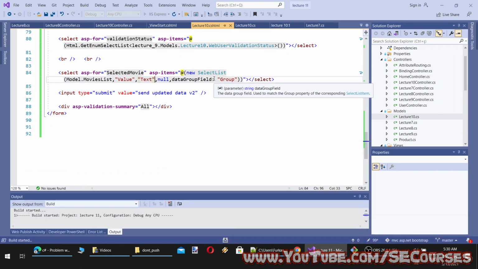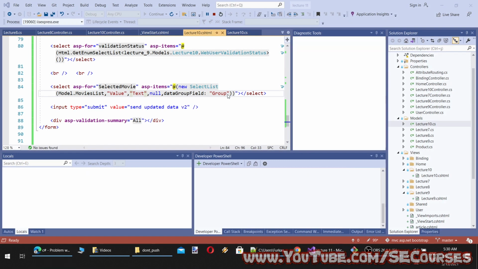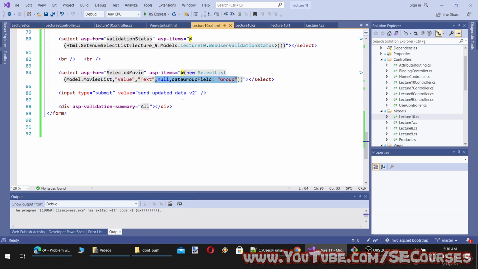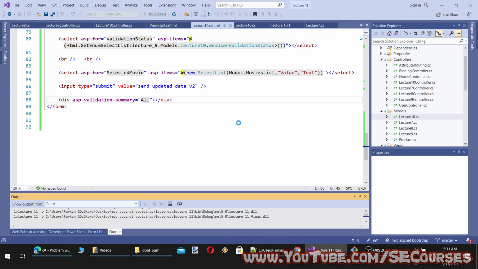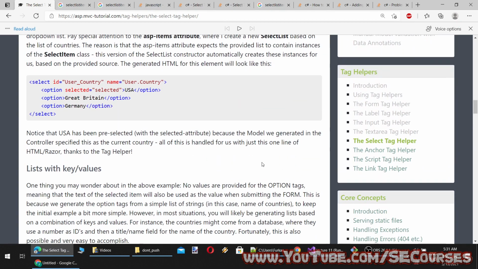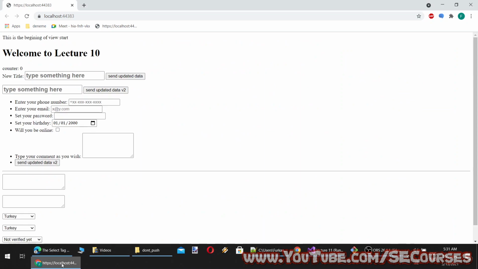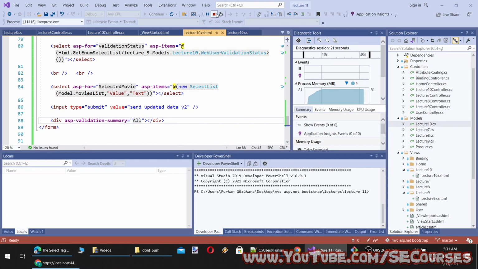Maybe I don't need to provide that, so let's try without providing that. Maybe it will automatically arrive, but I'm not sure. Let's remove. So yes, let's try like this. I don't know if grouping will work or not. Okay, now items are here, but not the group. Okay, so what is left is,